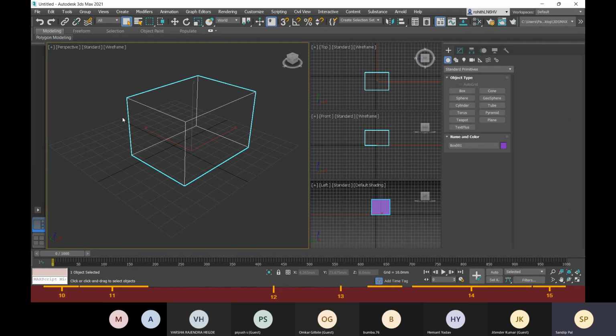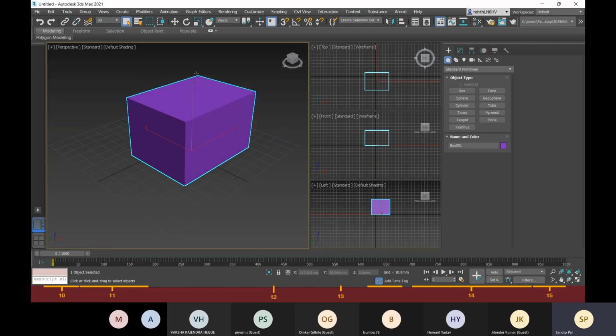If I press F3, that will change it to shaded mode. This is default shading. With this mode you can see the colors and the solidness of your model, right?